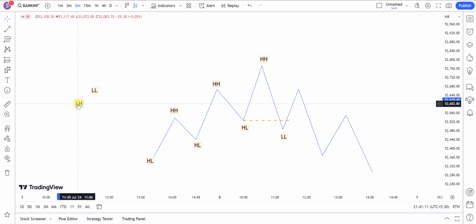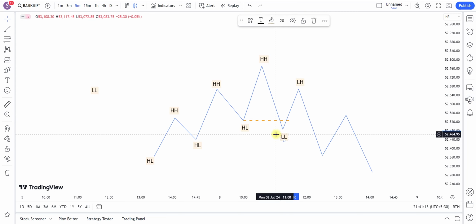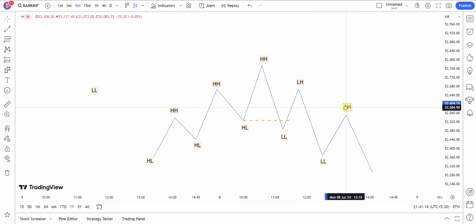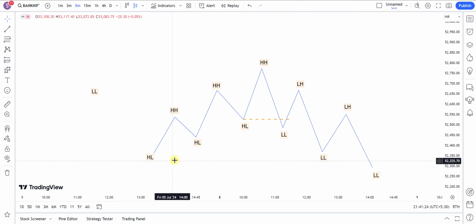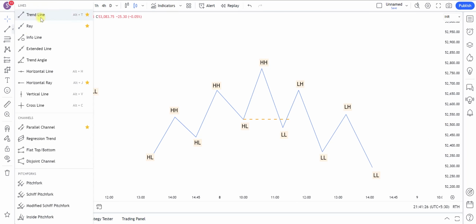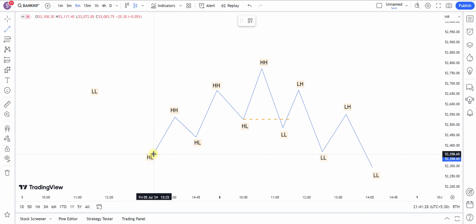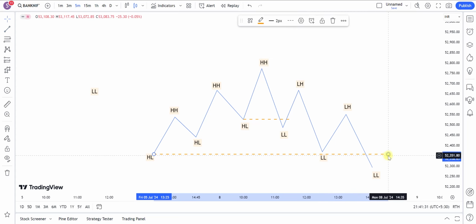Okay, lower high, lower low, lower high, lower low. If it is a major sell side area, this higher low is a major sell side area, and the market is reversing from here,